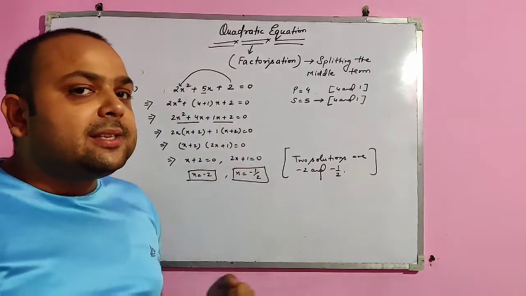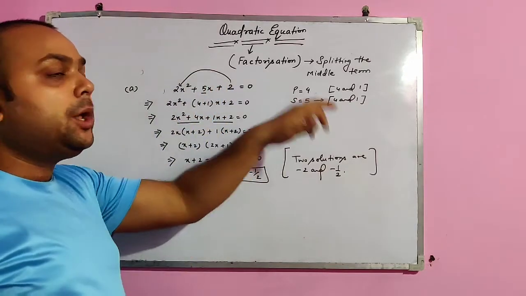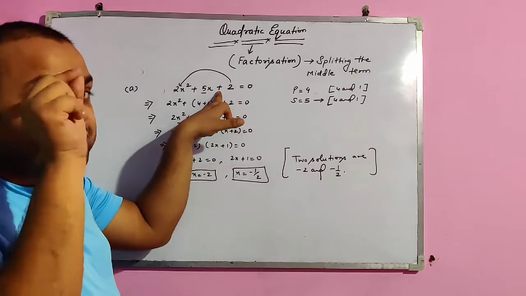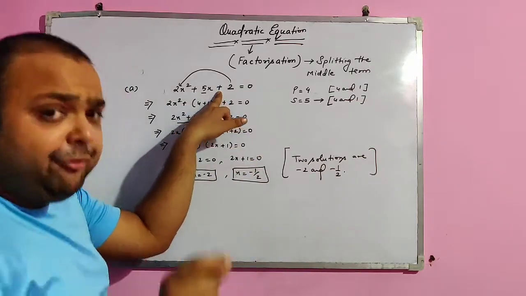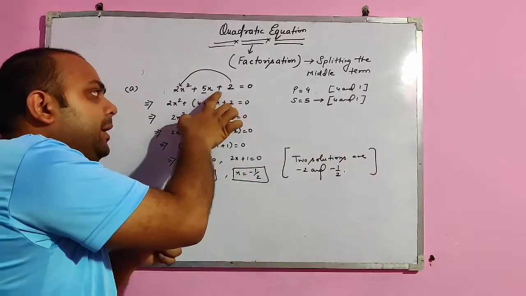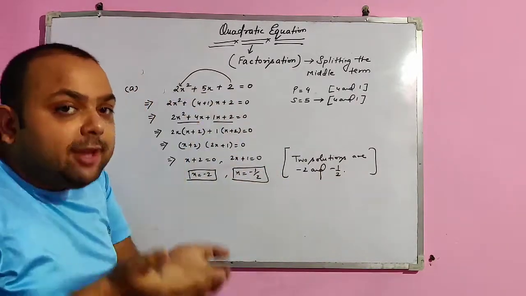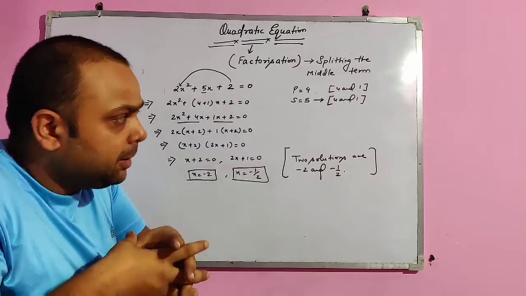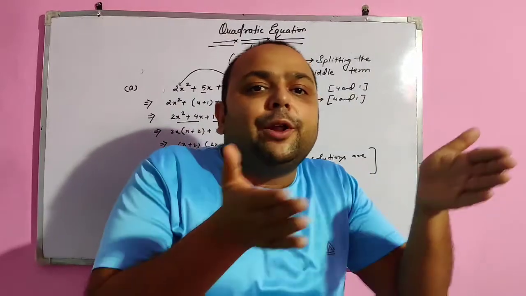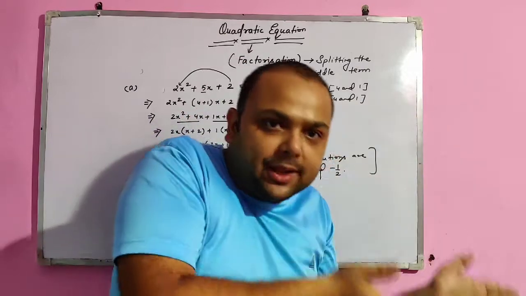Now how we will factorize this? First and the last number are multiplied. 2 2s are 4, which is the product. And the middle term is the sum, because we have the summation, the plus sign here. If we have the minus sign here, we have to do the difference. This sign is very important. If we have plus, then we have to sum of the number. If we have minus, then we have to take the difference of the number. So the product is 4 and the sum is 5. So the two numbers are 4 and 1, which gives us 5 as the summation and 4 as the product.